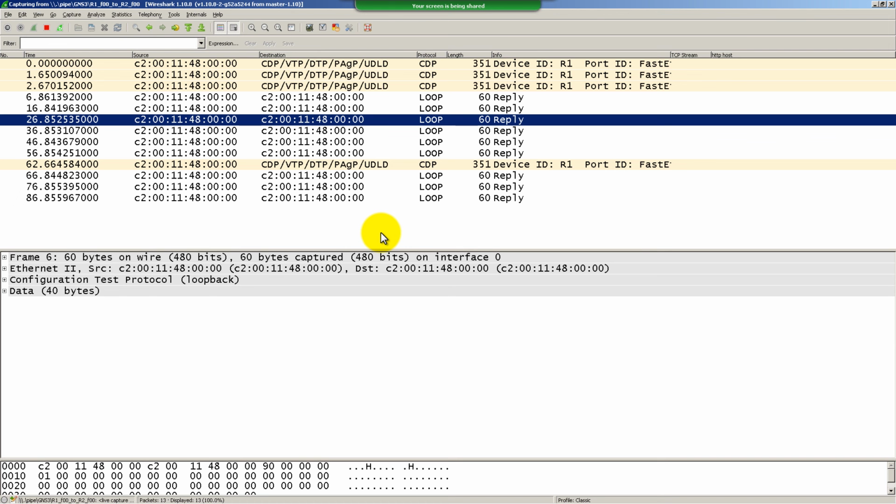Right. So with one router up, there are no other devices. This is normally what you will see. You'll see the KeepLives fly out every 10 seconds. You can see here under the length column that KeepLives is 60 bytes. That's normal. You see CDP